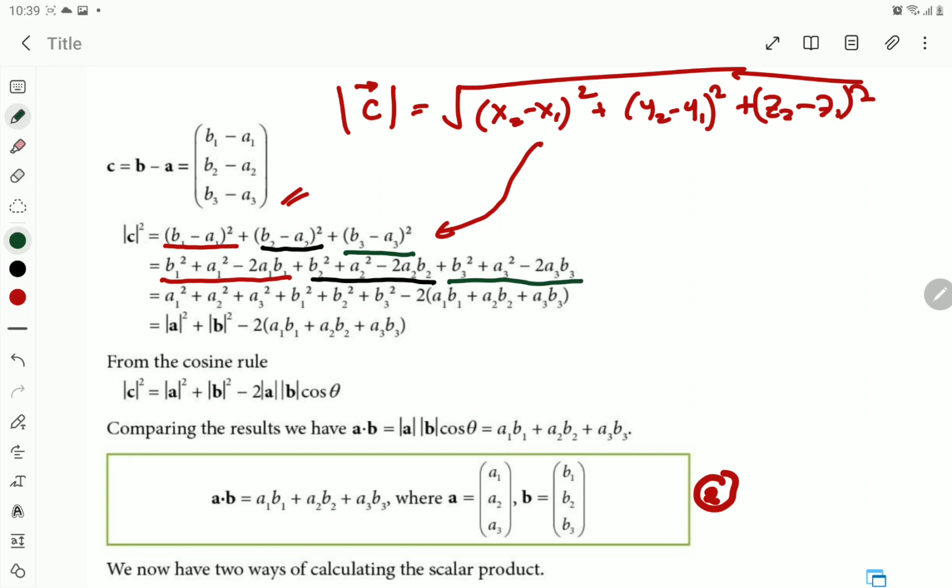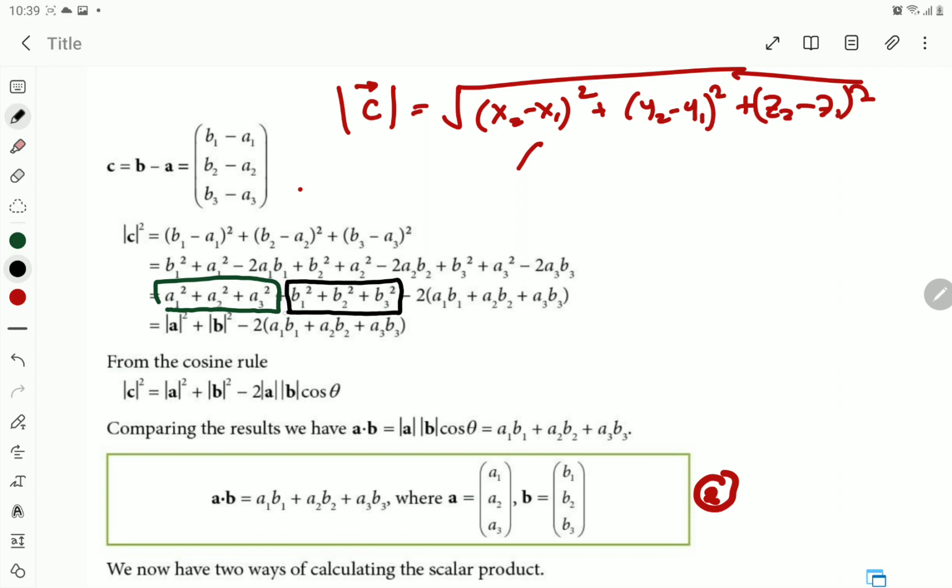If you rearrange it, you will notice that, let me just erase this. Upon rearranging, you will notice that you can combine this a1 squared like this, right? You can combine this a sub 1, a sub 2, this part. And you can also combine this one. Minus 2 times this. All right, now,